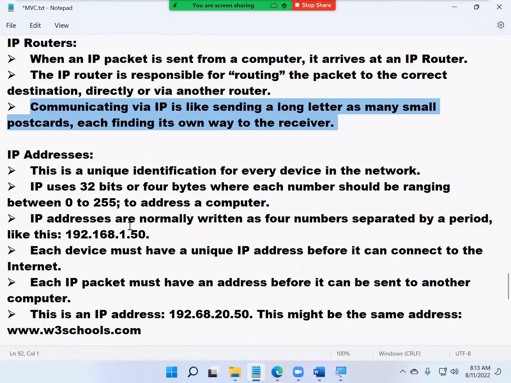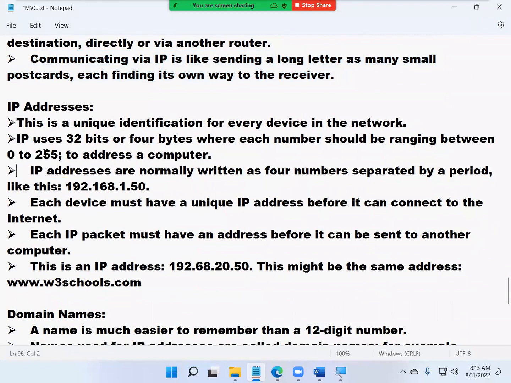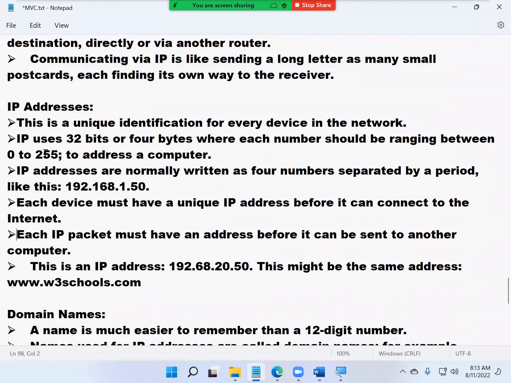Next, IP address. To deliver a letter, do you require an address? Yes or no? Without that, if you put your invitation card in the post office, will the postman call you and ask, whom should I deliver it to? No, you need to put the address. Same way, if you want to send some data from one machine to another machine, what you require is the